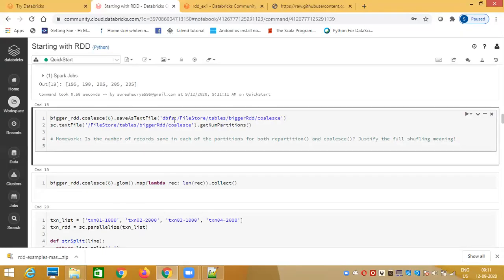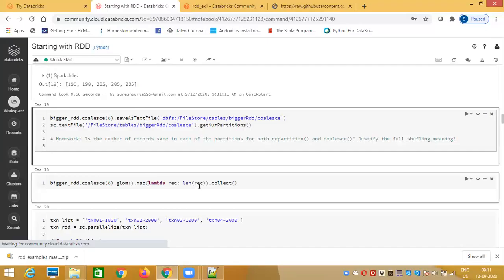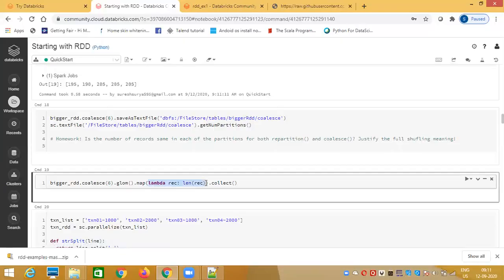Now you have another function called coalesce. The coalesce function is used to decrease the number of partitions. The repartition function is used to both increase and decrease the number of partitions, whereas the coalesce function is used to only decrease. Why is there a bifurcation?